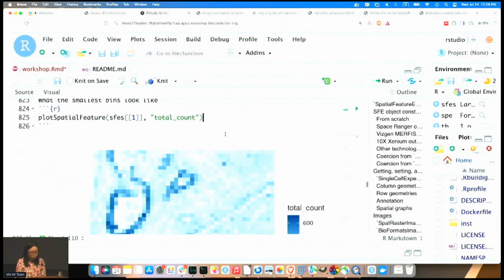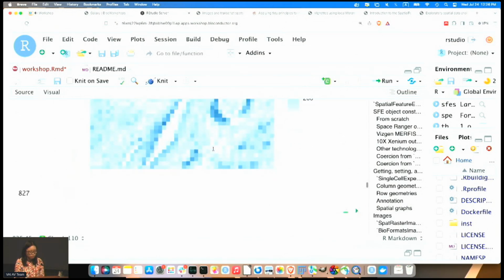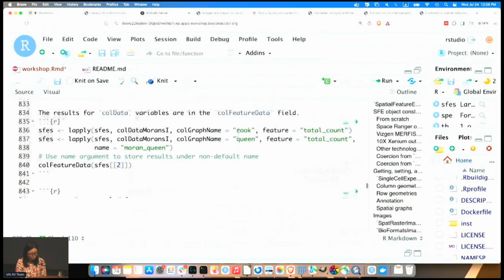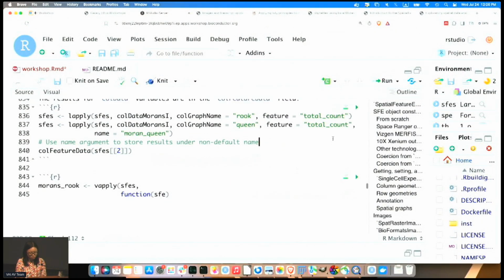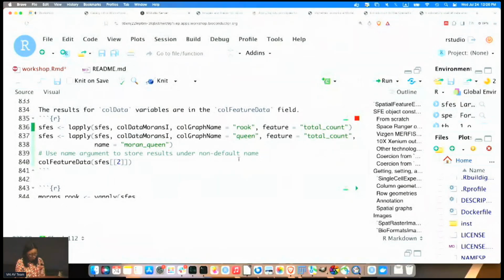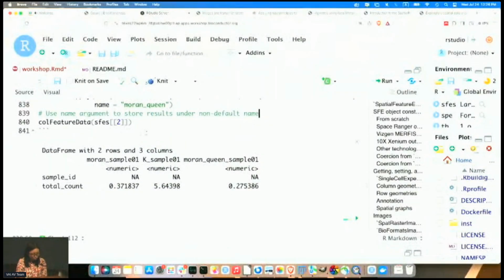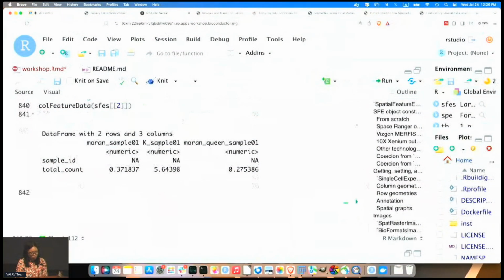I have the bins here. That's what the smallest one looks like, and that's what the largest one looks like. Here I compute Moran's I for just total count. For col data, we can use the colFeatureData getter to get the spatial analysis results.